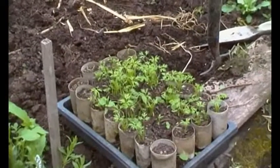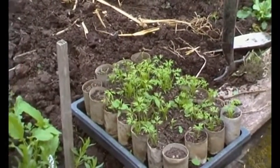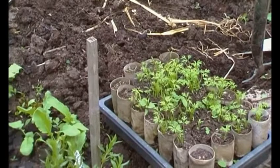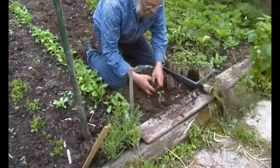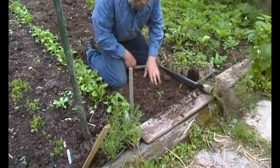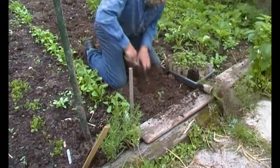So here's the carrots. You can see they've grown on some more. It's only about a week since the last video, but it's been warm. So let's just plant some out. This would be a lot better in a sandier sort of soil, but